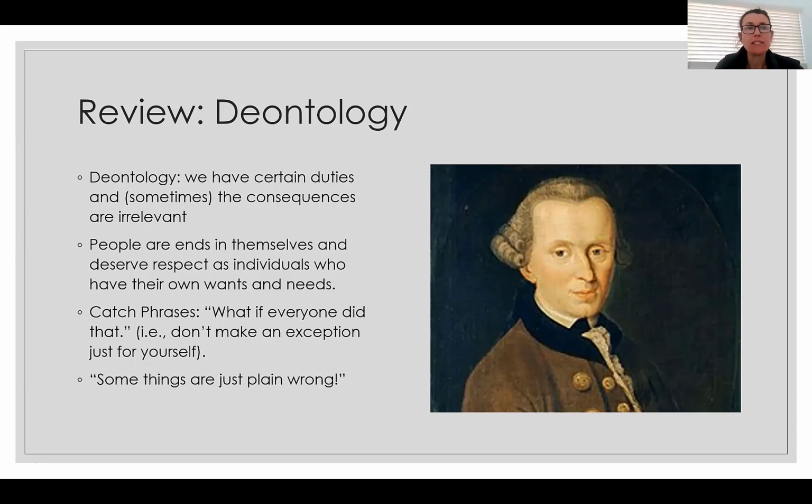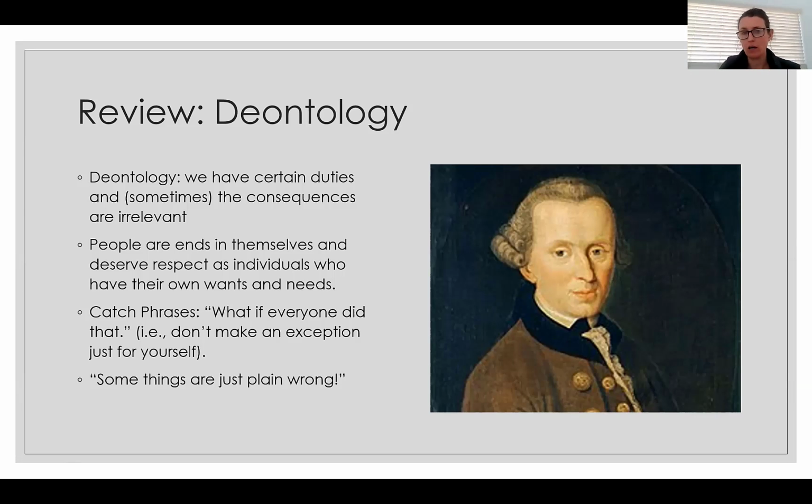So people are autonomous agents. We have a right to direct our lives the way that we want to without interference, unless the way that we decide to direct our life infringes on the rights of other people. We need to treat others as ends in themselves with respect. We shouldn't do things to people they wouldn't consent to.